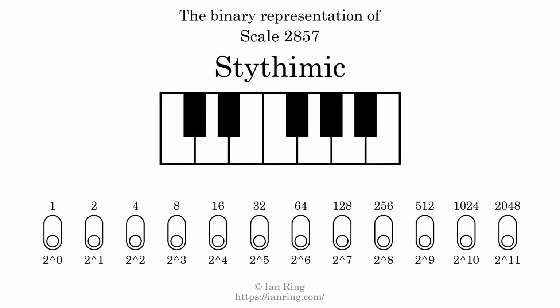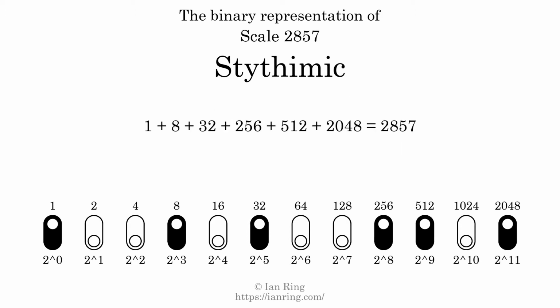The binary representation of this scale is determined by mapping tones of the scale to binary digits. Each binary digit represents a power of 2. To get the scale number, we add the powers of 2 together. The powers of 2 that are present in the scale, all added together, equals 2857. That is why the scale number, in decimal, is 2857. The scale number not only enumerates the scale with a unique index, but it also literally describes the tonal content of the scale. Represented as a binary number in base 2, the scale number is